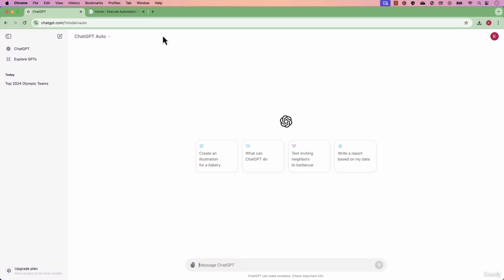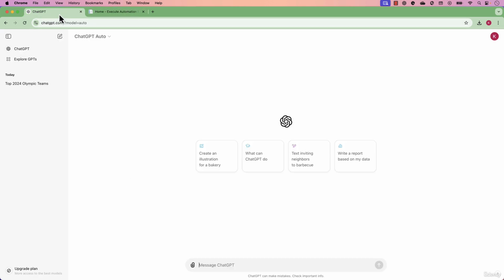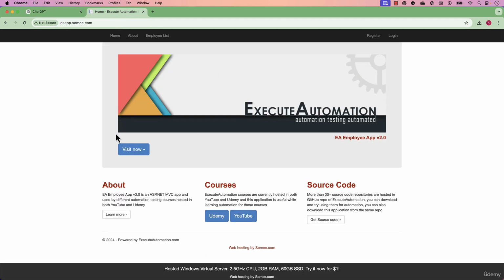So in order to work with a manual test case for this particular application, we have to write a prompt a bit trickily. So we'll see what I'm actually going to do over here. You just see that before you even go further with this particular application to be automated or manually tested, you first of all need to have access to this page so